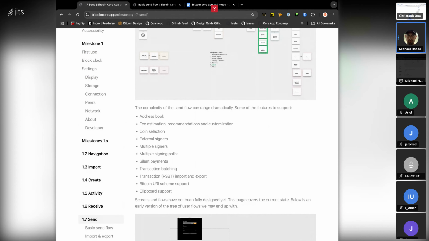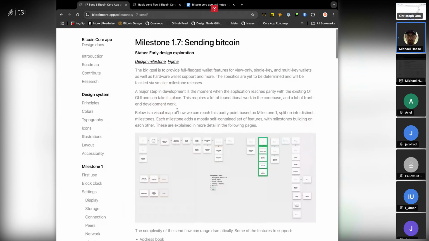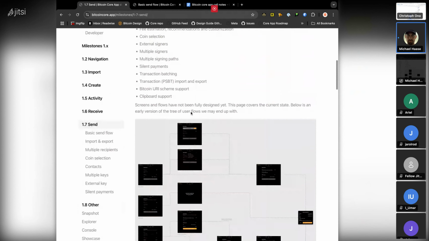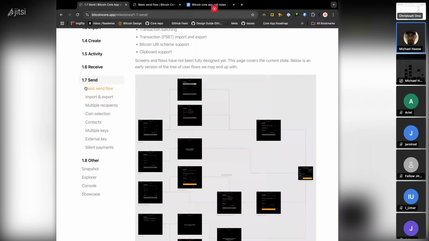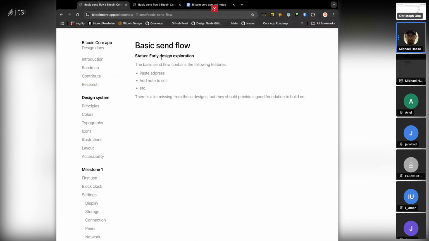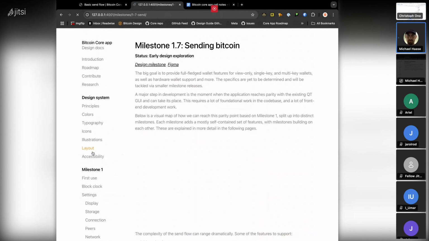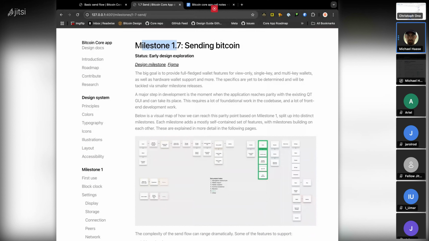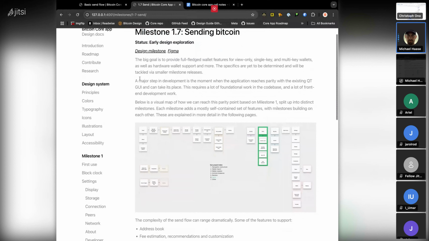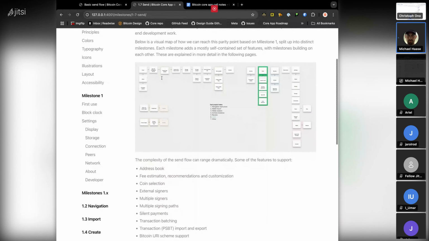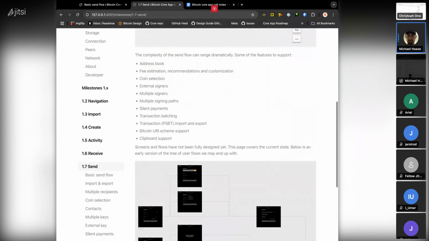Currently, what's visible on the Bitcoin Core app is basically just the same page with empty subpages. And today, tomorrow and on Friday, I'm going to be working on extending this. So the first page, when you click on it, is just going to be an overview page